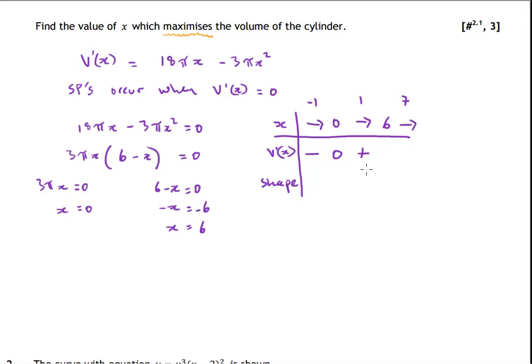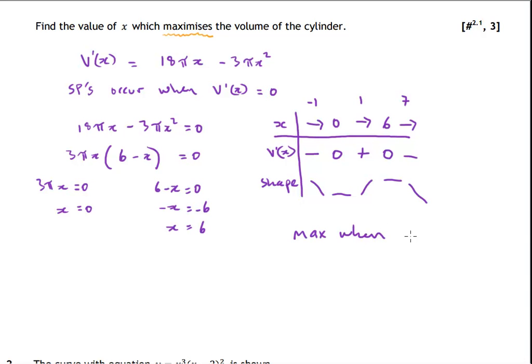6, well, we know that's going to give us 0, but you can see there, if you substitute 6 into that second bracket, that'll take it to 0, multiplied by the first factor. Definitely 0 in there. 7, well, 3 pi times 7 is positive, and 6 take 7 goes negative, so we've got positive multiplied by negative, giving us a negative value. That means we've got negative gradient, a flat section at the stationary point, then increasing, stationary and then down again. So we can see from the nature table that we've got a maximum